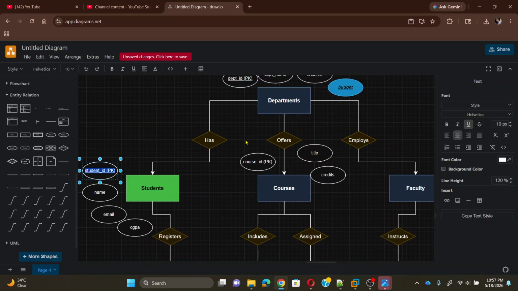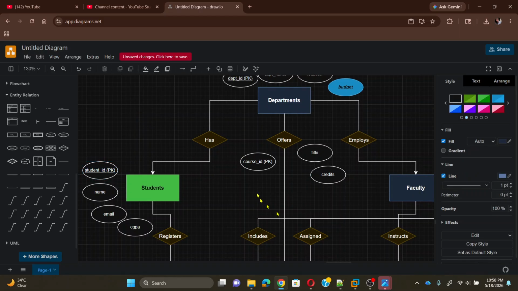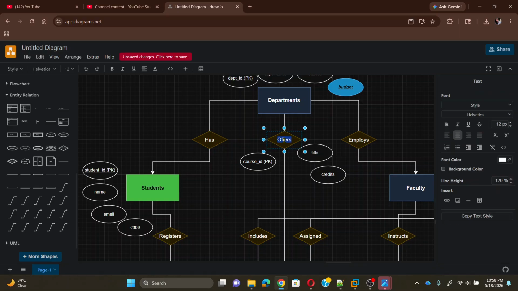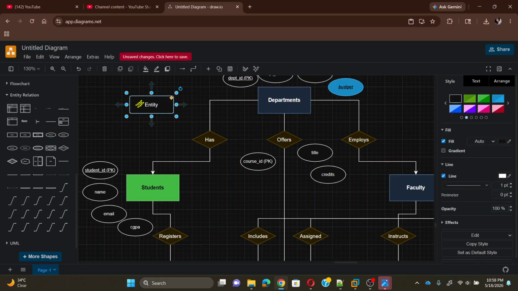And if you want to update it further, and even if it has not done well, you can also edit like this. If you want to change this text, you can change that, and if you want to add another entity, you can just drag and drop from here, and you can declare another entity if you want to. So now